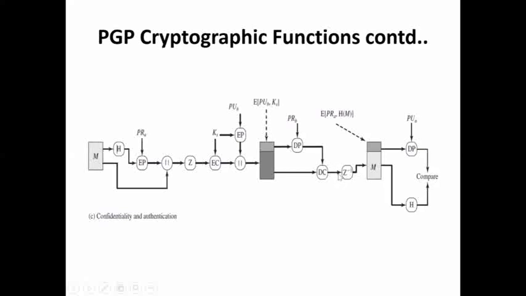I need to decompress the data, that's why I'm going to pass it to the Z inverse. It's going to unzip the data, so the output after Z inverse is in the decompressed format. Now that is the original message I got. It is appended with the hash code I created previously. This hash code, h of m, is encrypted by using the private key of the user A.